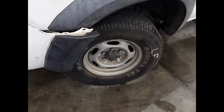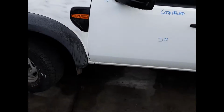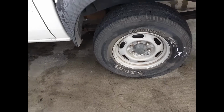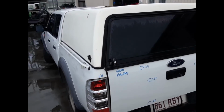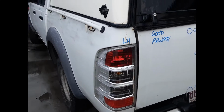We have the left front 15-inch steel rim with a bald tyre, left power door mirror, left front door has 3 dents, left rear door has 2 small dents, left rear 15-inch steel rim with a bald tyre. It has a Flexiglass, flat roof, windowless canopy with all bolts and brackets, no keys, left-hand tail light, tailgate's got